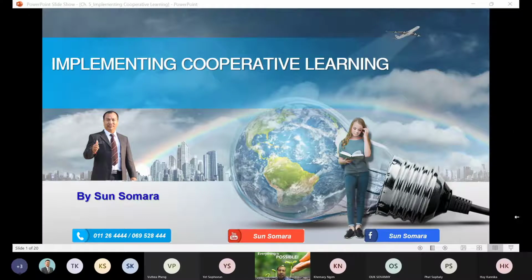And one more thing, I ask my students to do an outdoor activity. It seems like a survey. I ask them to make questions and go to other classes in order to ask the other students about the questions that they had already written down. And after they come back, they need a few minutes to prepare and then come to report what they had done. So that's all, teacher.